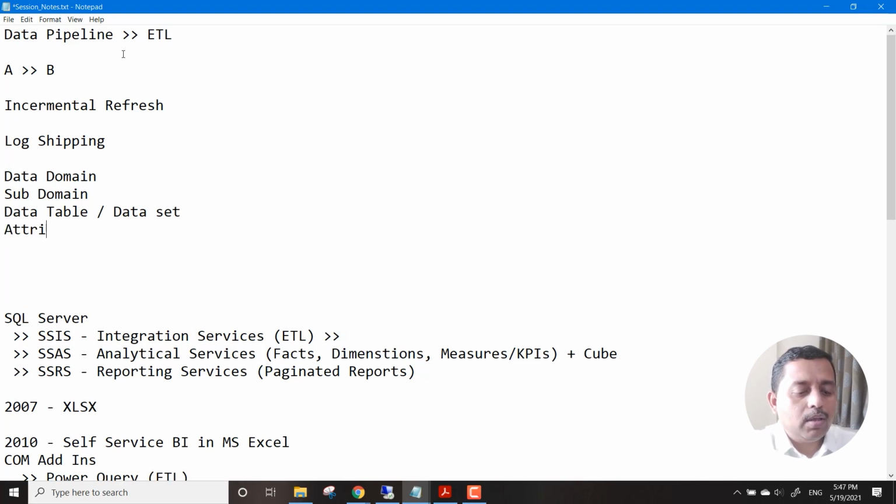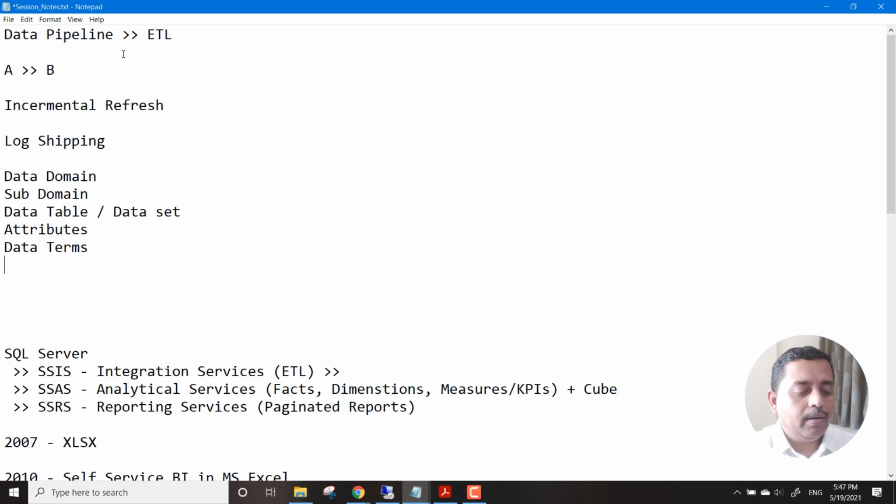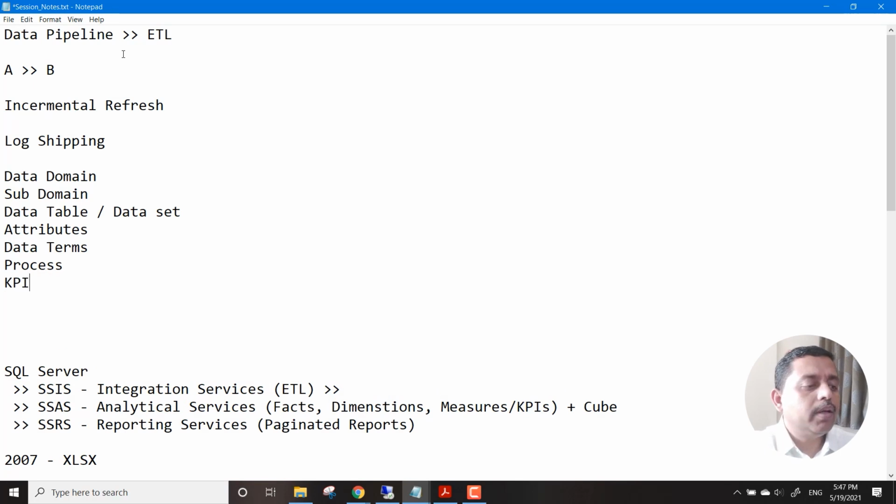Then we talk about the attributes, and then finally we have the data terms, and then we have the processes. We have the KPIs. So these are some of the terms that we need to define properly when we are preparing the data and using this data for any kind of modeling or visualization, right?